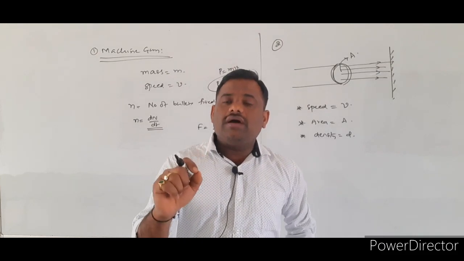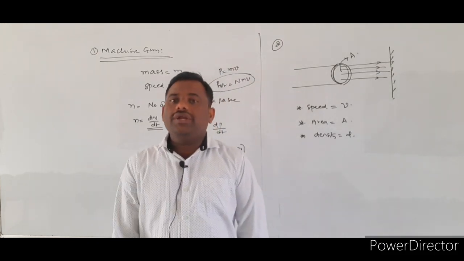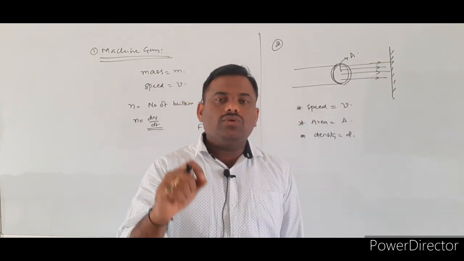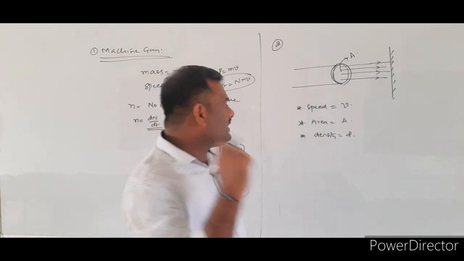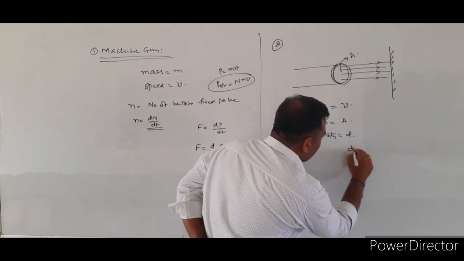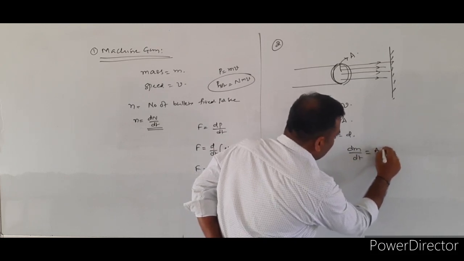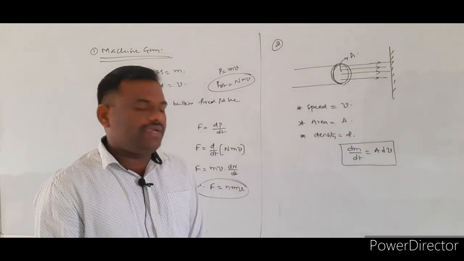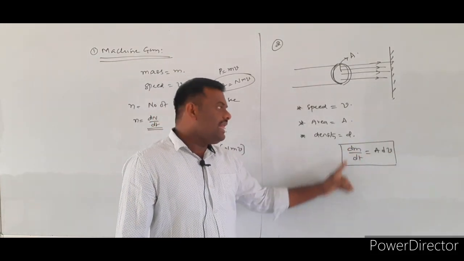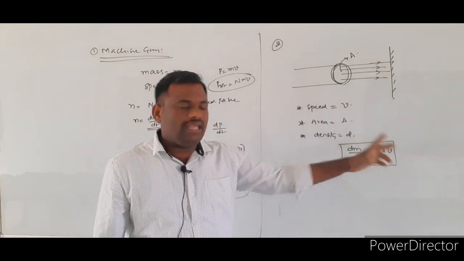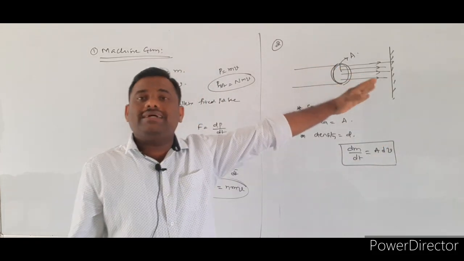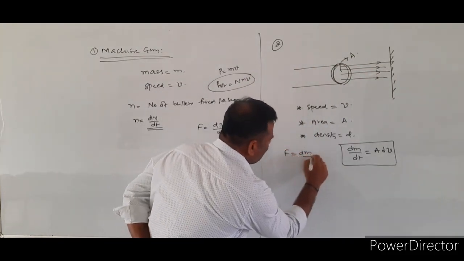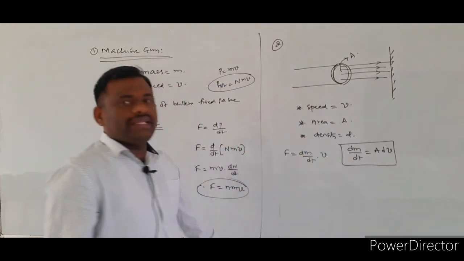So I think for you the theory part of the fluids is completed. The equation of continuity will be there. So what is the equation of continuity? The rate of flow of the liquid through a given cross section remains constant. The formula is given by dm by dt is equal to adv. This dm by dt, the rate of flow of the liquid through the given area of cross section, is equal to adv. So it is also similar to the variable mass system. For the variable mass system, you know the formula: force F is equal to dm by dt into v.